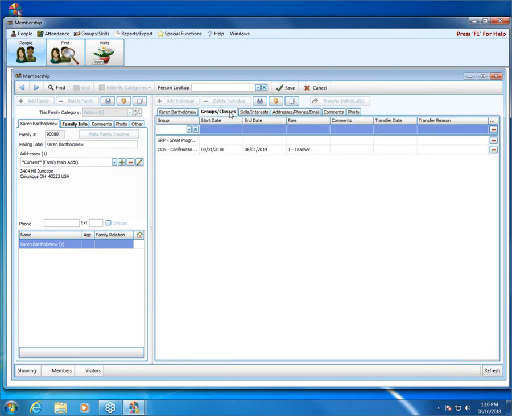The transfer date and the transfer reason on the groups and classes is different than the transfer that may be available as an inactive reason. Victoria is asking if that's a duplicate. It is not a duplicate. It's something different. For example,